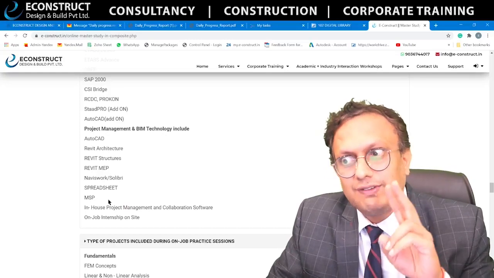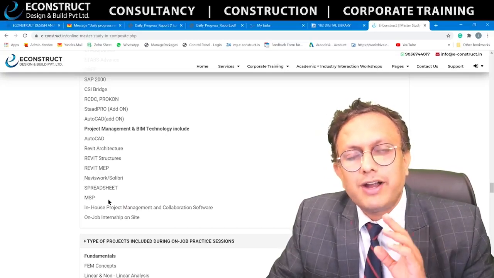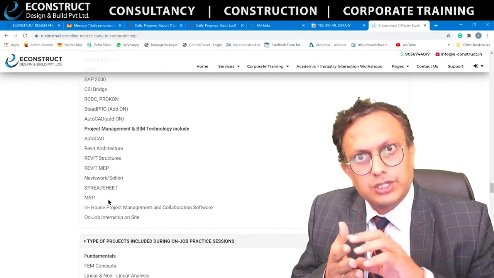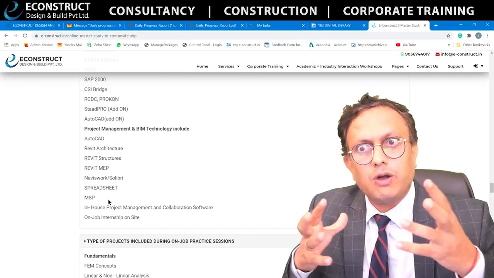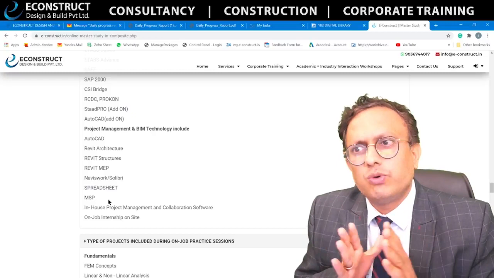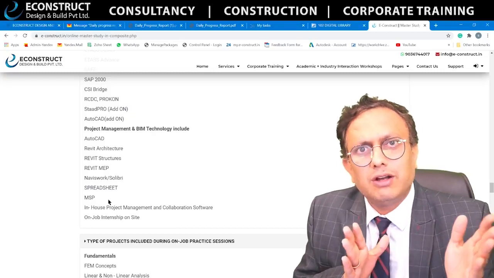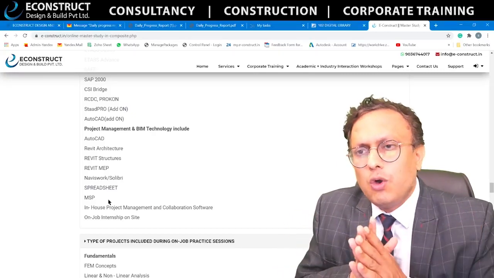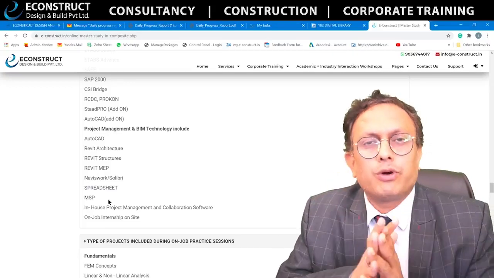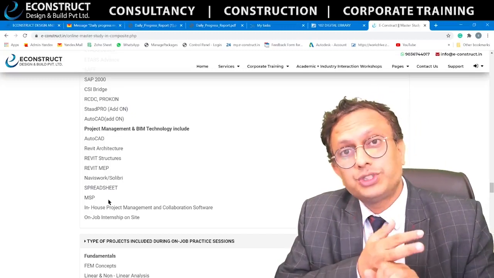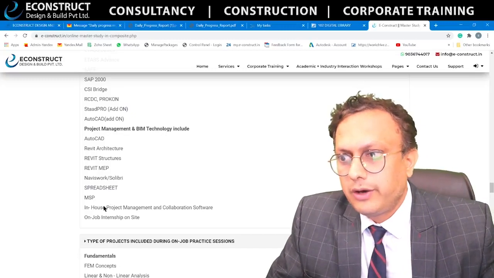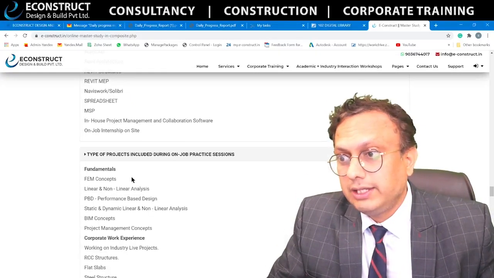InfraWorks is a software, and Civil 3D is a software. These two softwares, we have identified certain things: InfraWorks covers roads, tunnels, highways, bridges, chimneys and all, and project management is mandatory. You cannot handle a national highway or such big projects without project management playing a vital role. So we have identified those areas, and we added those softwares also in the curriculum. All right, that will be updated on the website soon.